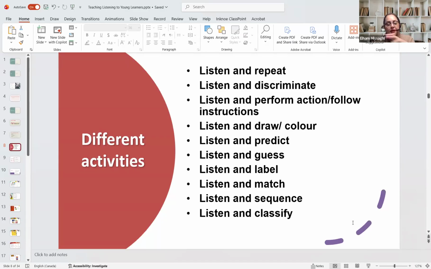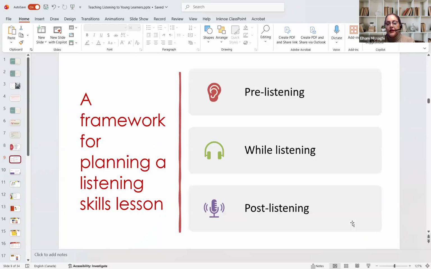You see the pictures of different people. Listen to their characteristics and can you match them with the correct picture? And tell me why you chose that picture. Or put the pictures in the right order based on the listening. So you can have different activities, not always comprehension questions.